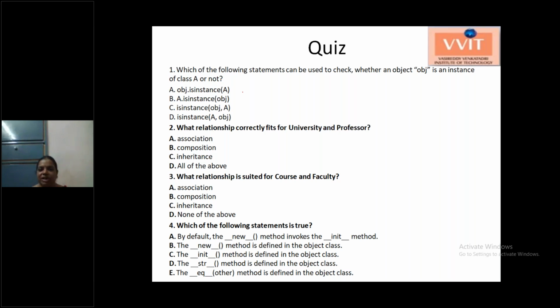The first question is: which of the following statements can be used to check whether an object is an object of class A or not? I want to check whether a given object is of type class A or not.